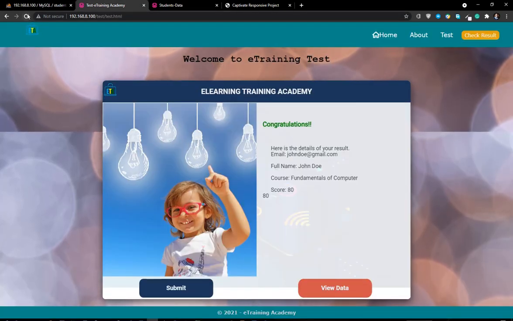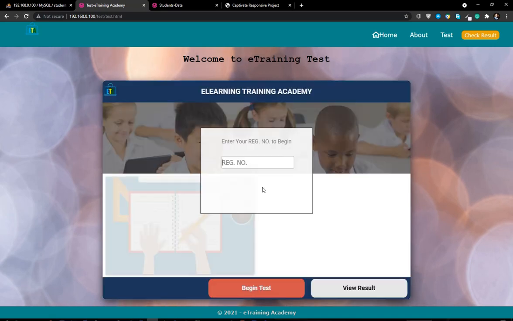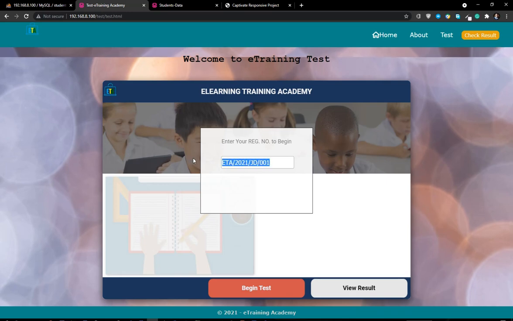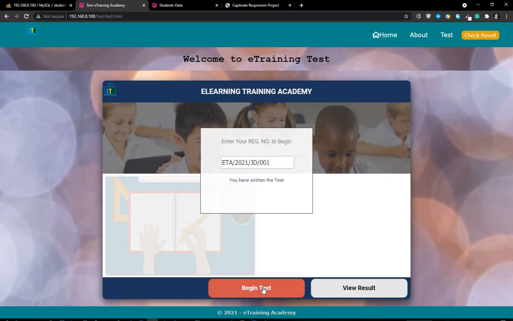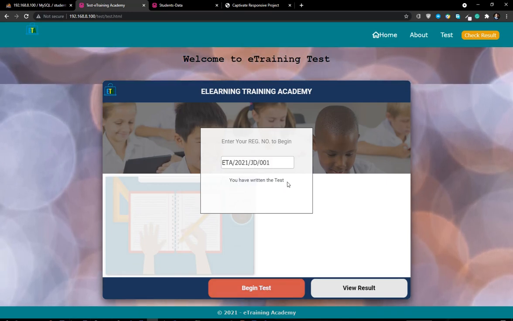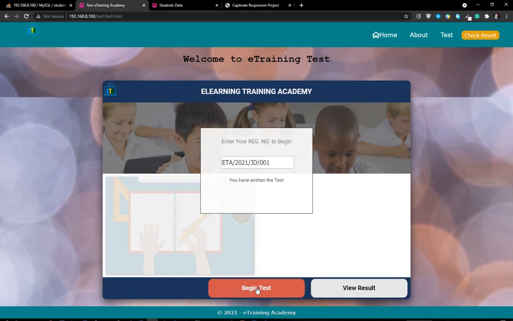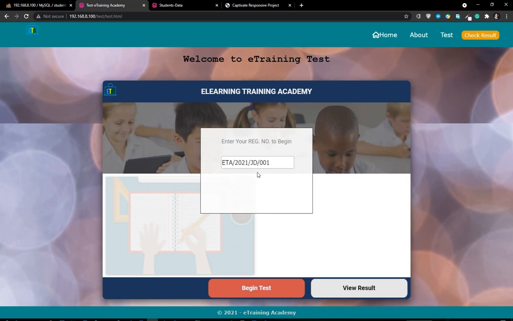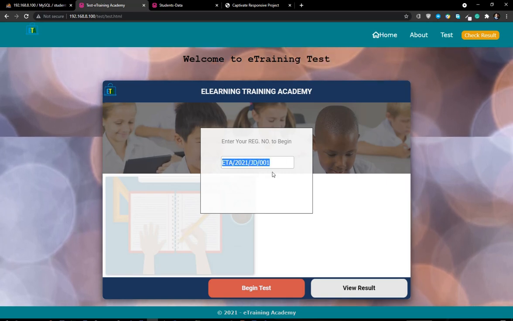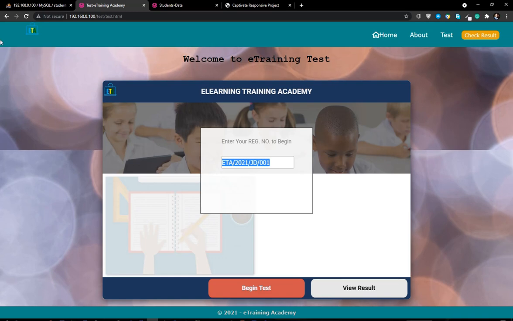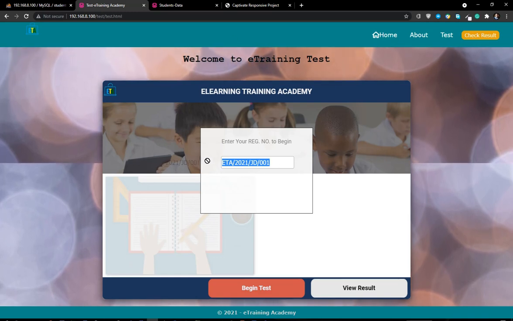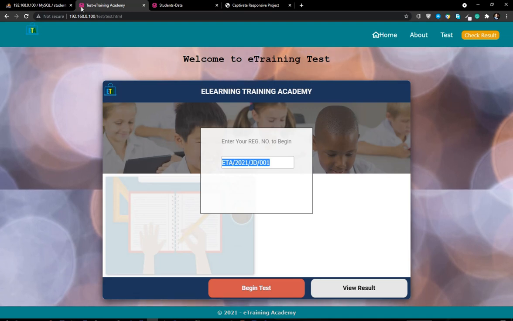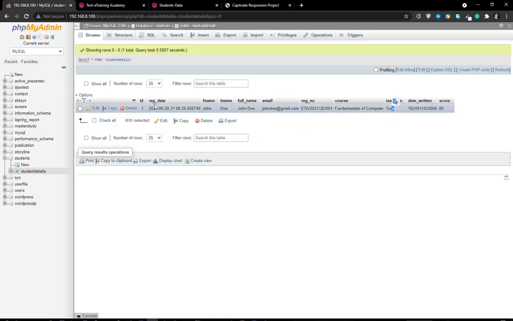Now let me refresh this page, and try to log in again with the same registration number and click on begin test. You can see you have written the test. If I click on it again, you have written the test. So you cannot write the test again because you have written the test. Another user with a different registration number can log in and write the test, and it will be registered in the database,